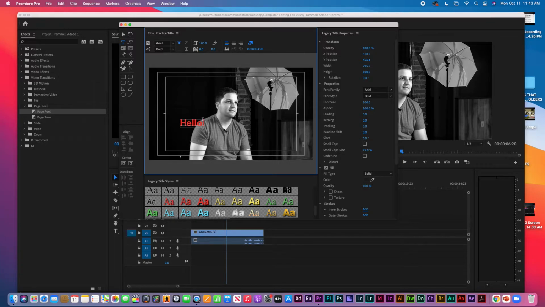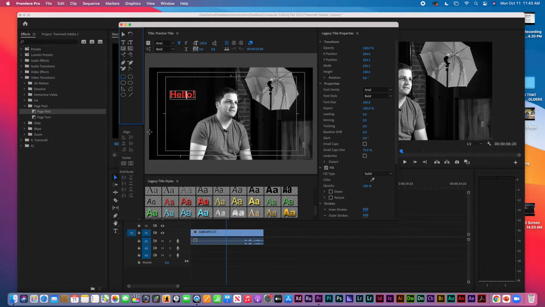Okay. So I'm going to go over the shape or rectangle. I kind of touched on that a little bit. So when you have a lower third, often you may have a little rectangular background to go with it. So I'm going to show you how to do that. So this is the rectangle tool. They have other shapes. I just picked rectangle because it's like the most standard. So I'm going to click on that rectangle tool,